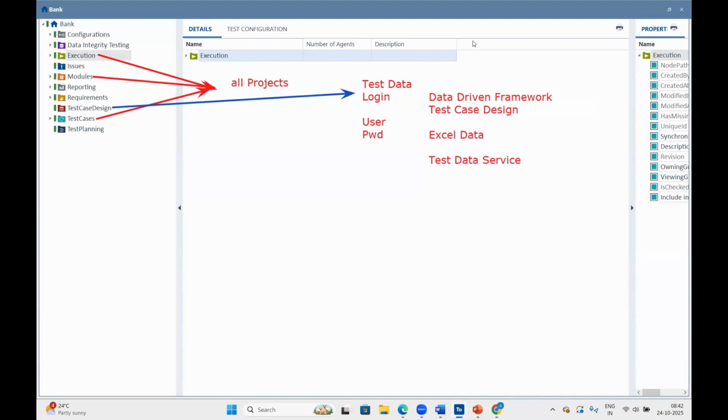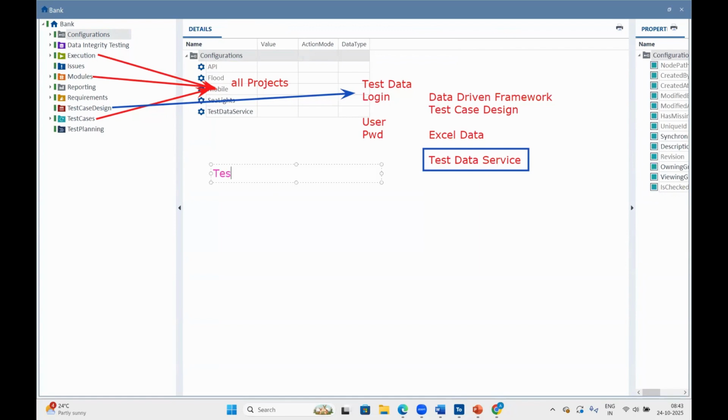Nowadays, in most of the projects, people are recommending to go with the test data services. Clear? So this section is what we use for automation purposes, but the rest of the things we cannot touch. Somewhat we can go with configurations and reporting, but the rest we cannot touch. And here you can see test plan. So test planning shows and